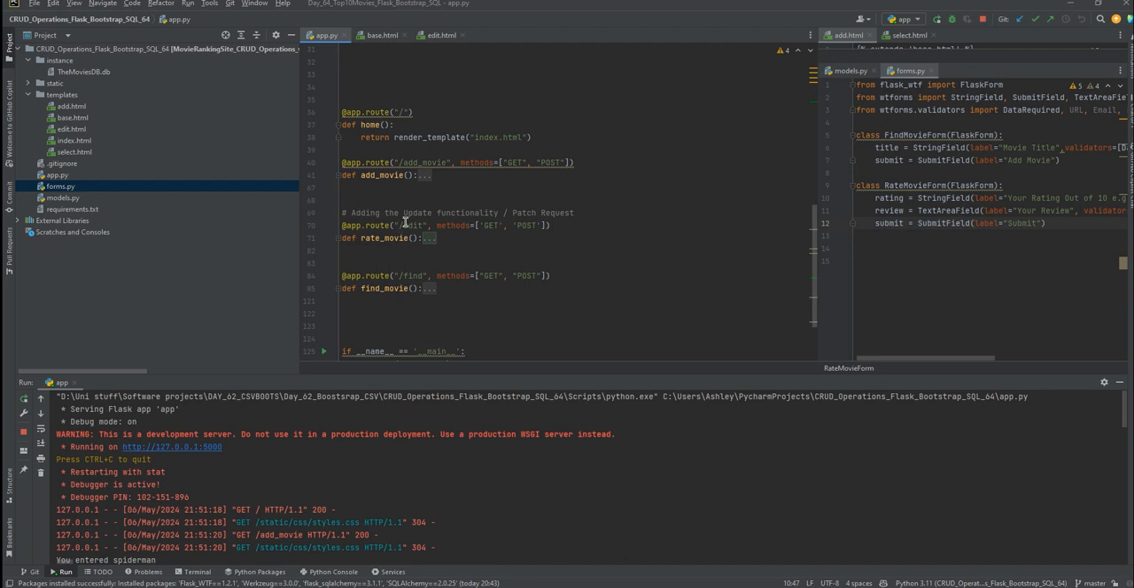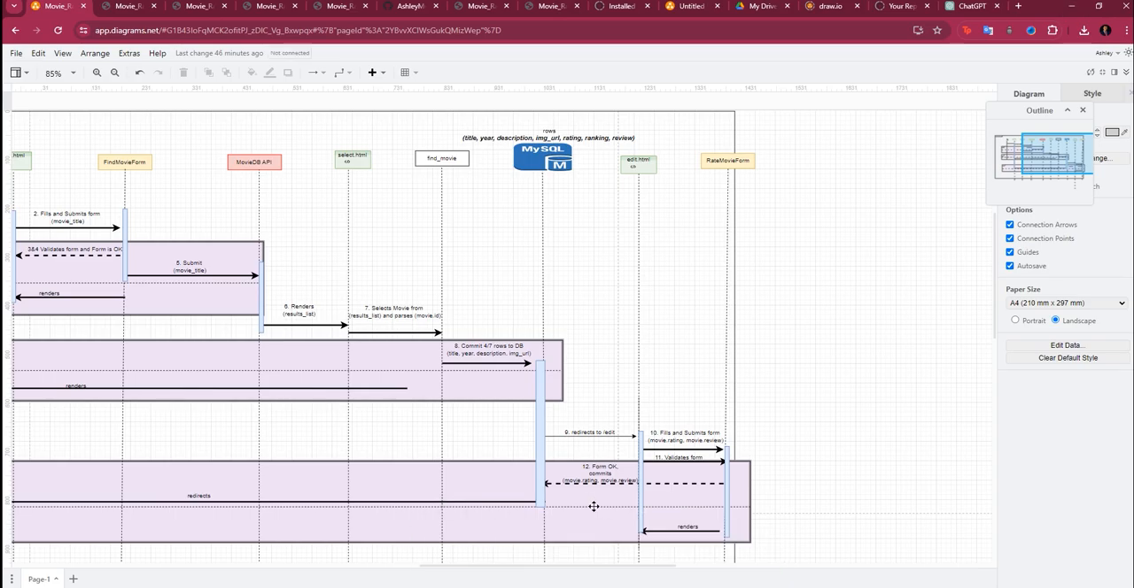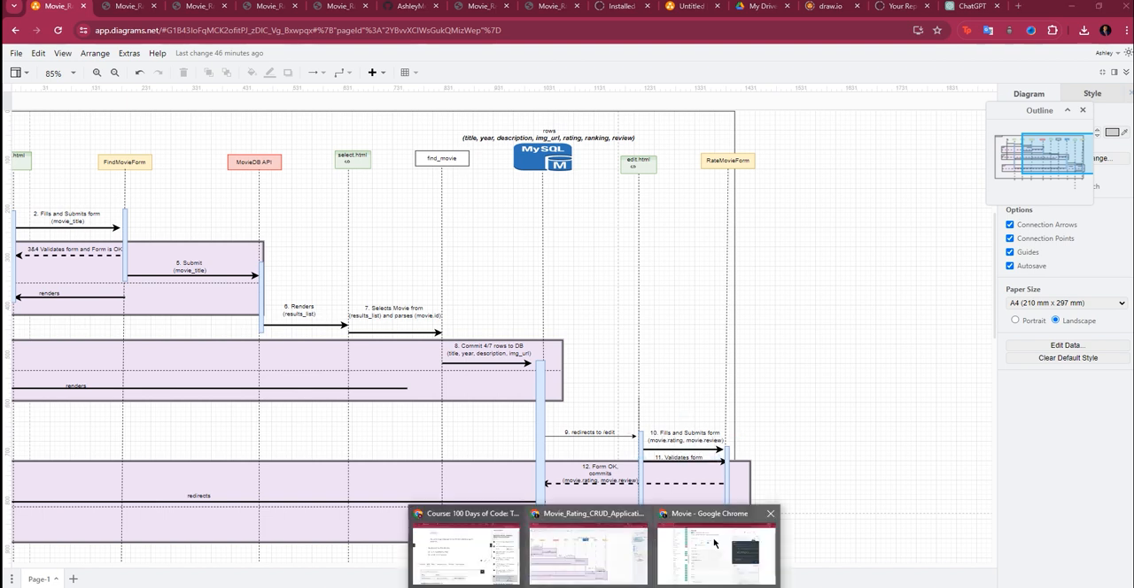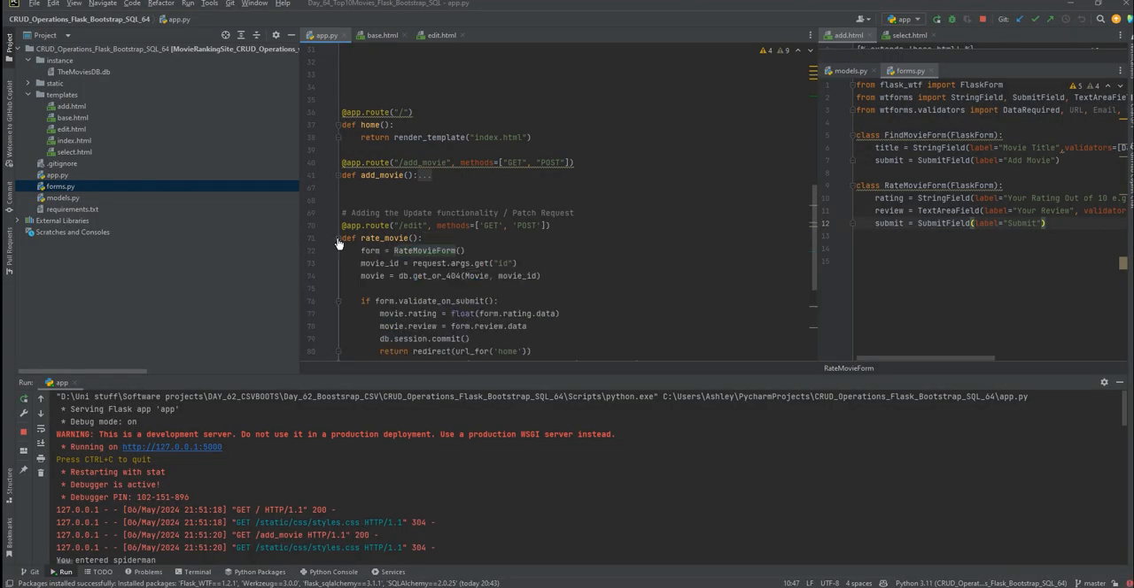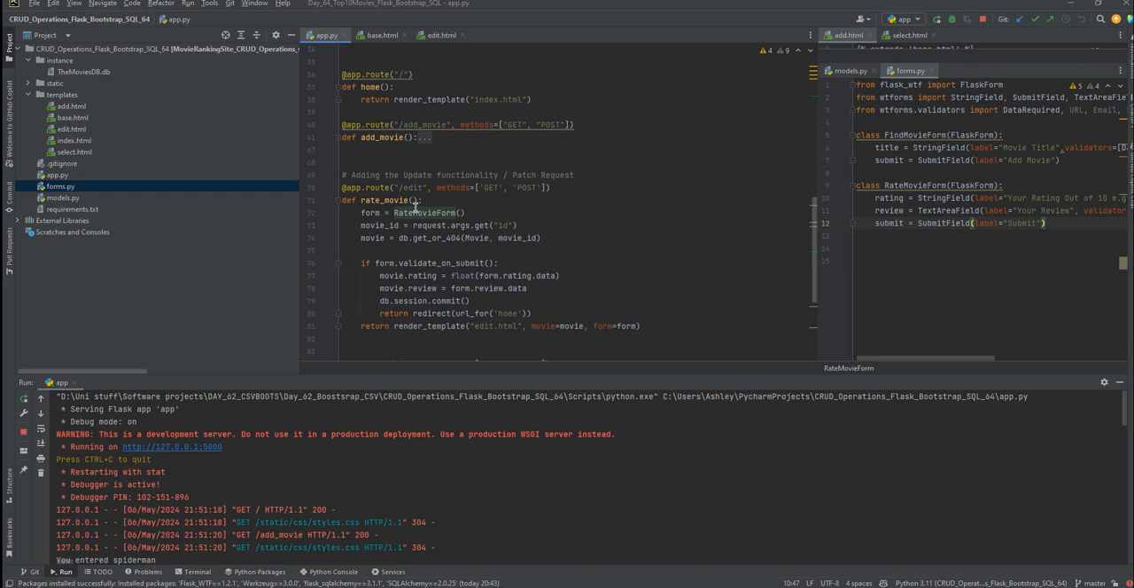So I said app.route edit. This is where I'm going to be rating my movies and editing a few things so I could get other parameters, the other two parameters here, where the user is going to fill and submit the form and then get the movie rating. Okay, so let's do that. So essentially I've said form, let's go to rate form, the RateMovieForm class, movie ID, we're going to get the ID,